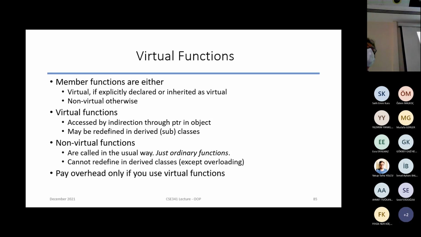And you pay the overhead only when you have a virtual function, where this indirection of finding the code through some pointer mechanism is going to be your, let's say, your cost. The function call is going to be the same, but now you need to find that function, and you are going to be actually just referencing something from a table. Right? So that cost is not actually big. It's not as big as, let's say, what we have in Smalltalk,